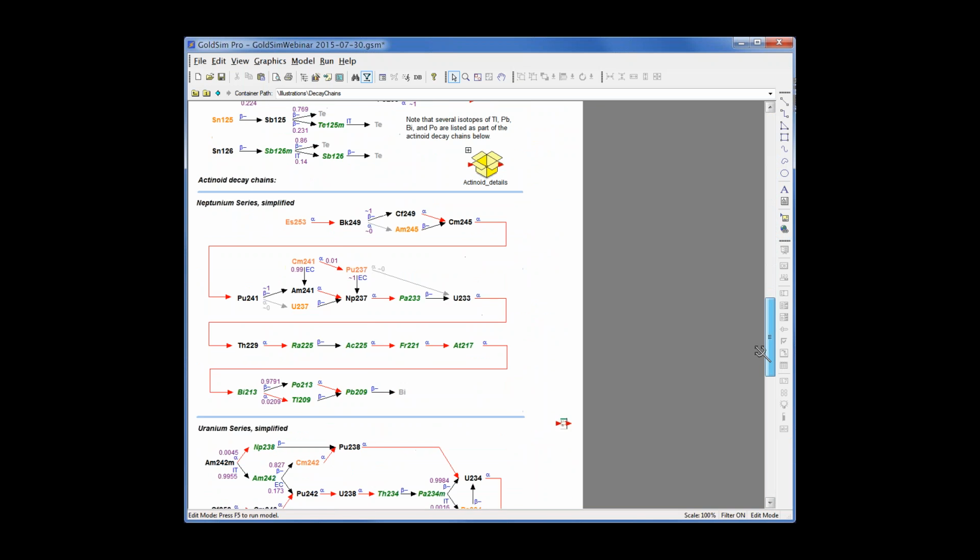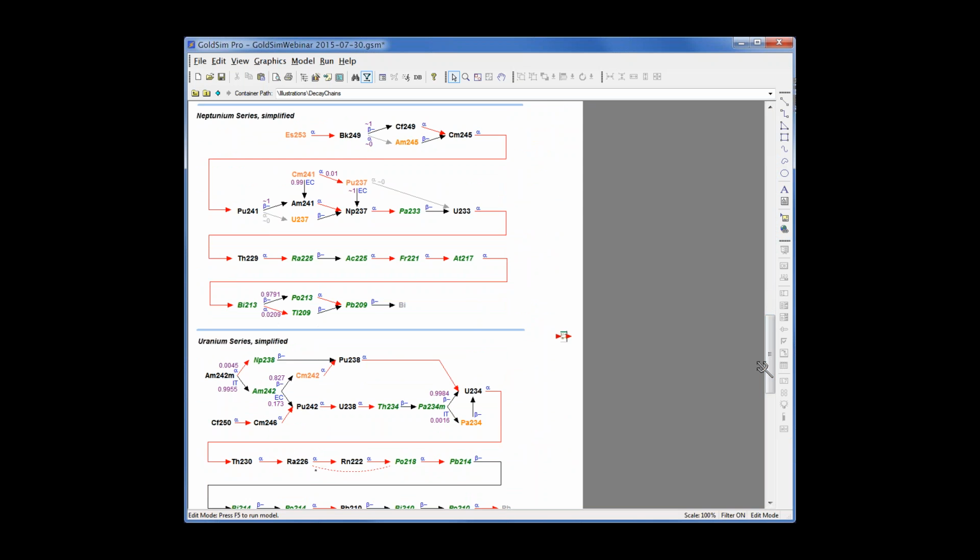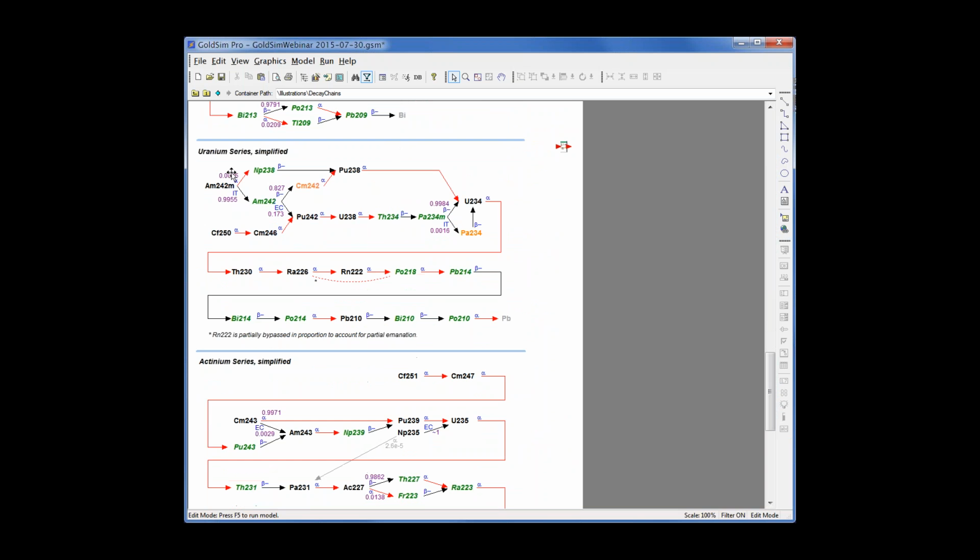And then there are more difficult ones, like the uranium series, for example. It's actually pretty complicated how it works, and you're not going to see all this just by looking at the species element. So it just helps communicate things,